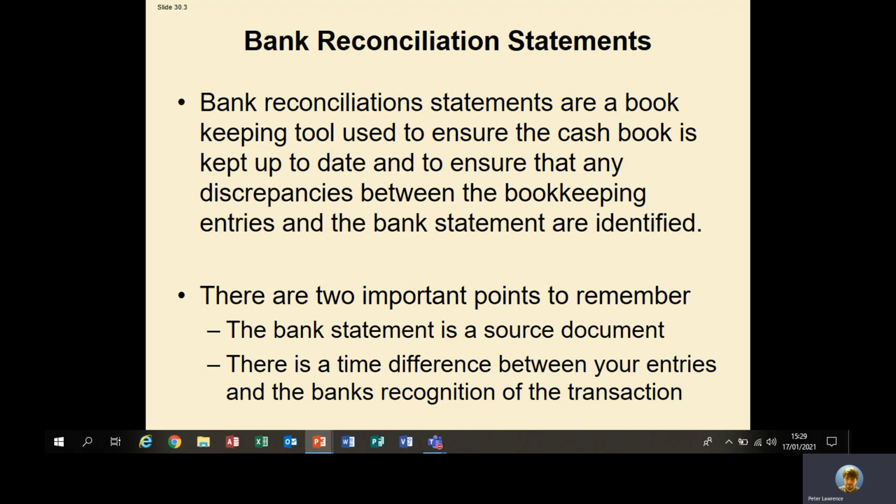The first thing I want you to remember is the bank statement is a source document. So it's a place where we get information to enter into our accounts. Just like an invoice, just like a credit note, just like a receipt. The bank statement provides us with information. There are a lot of transactions that go through the bank that you won't receive any other form of source document for. For example, direct debits, for example, internet banking payments. The only place that you'll ever see those is on the bank statement. So we use the bank statement as proof that that transaction has happened,